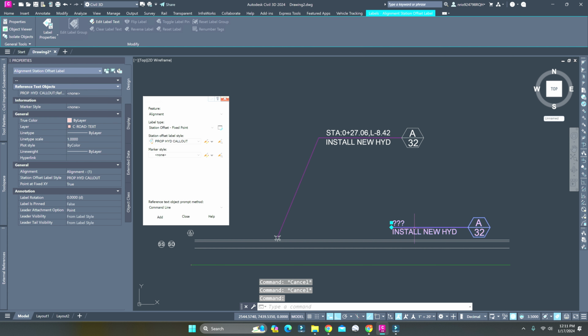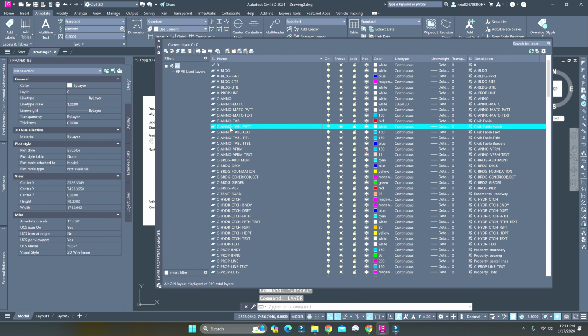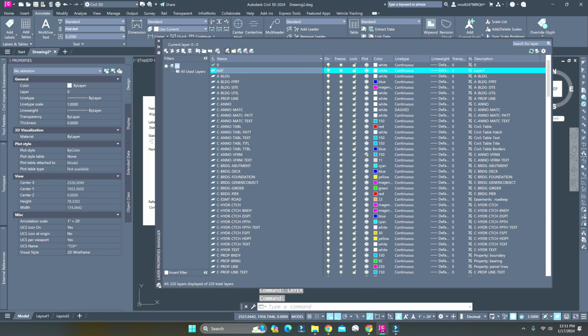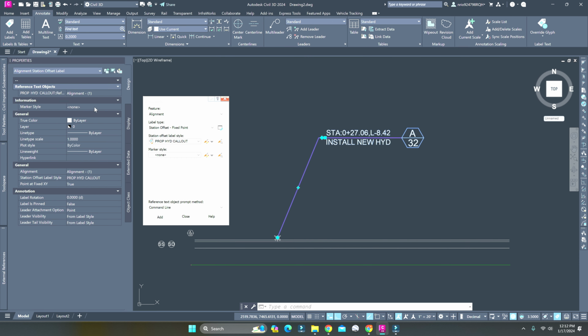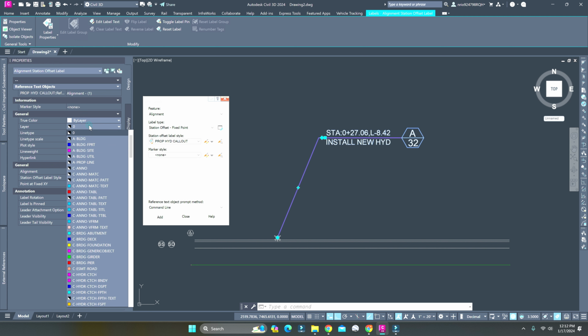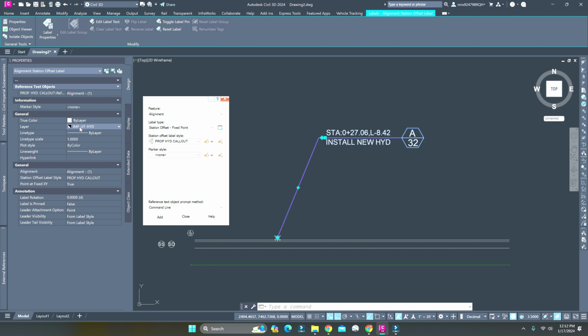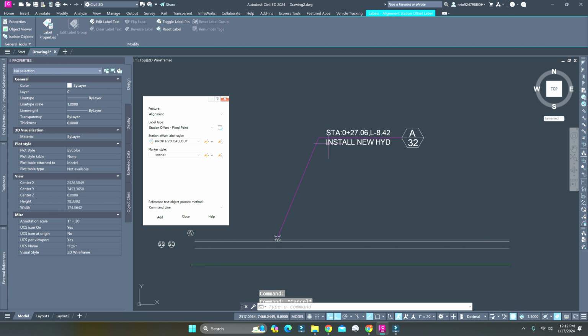The reason for that particular color there is because it's not on the right layer. You would make a layer called like IMP dash UT HYD. So you would make a layer for that call out. Everything has to be on its specific layer. And there it is, IMP utility HYD. IMP means